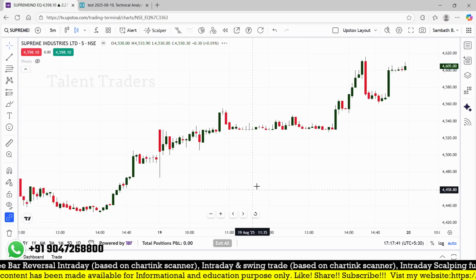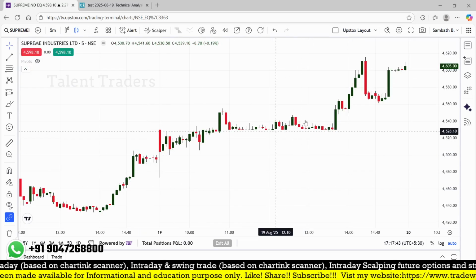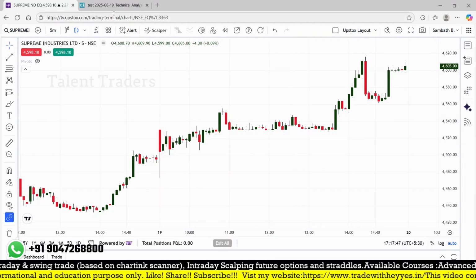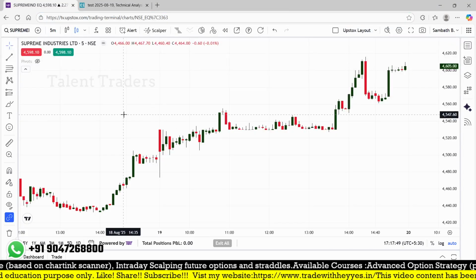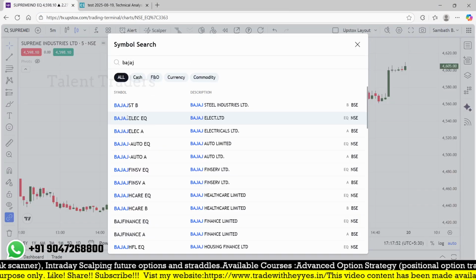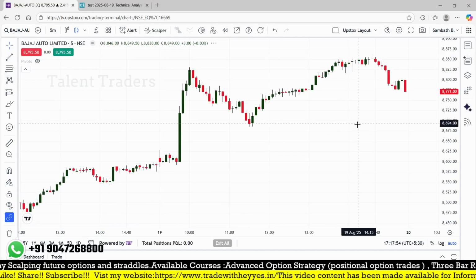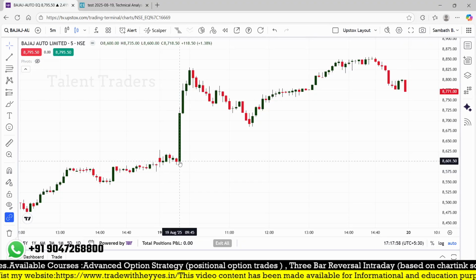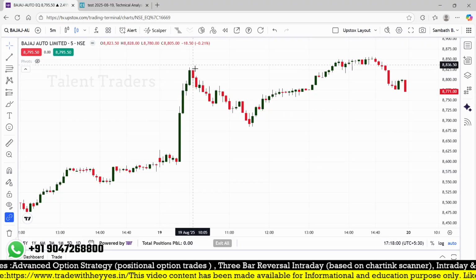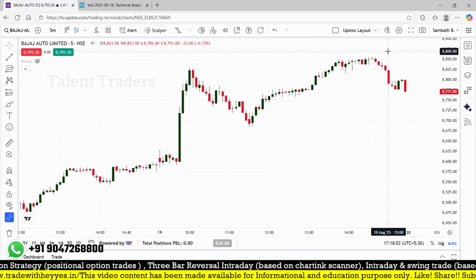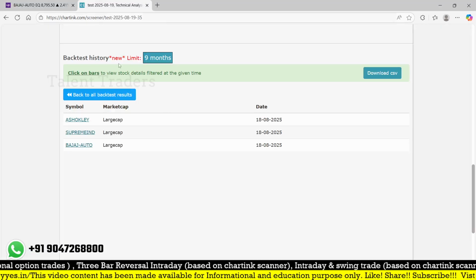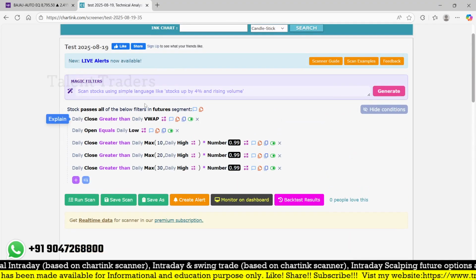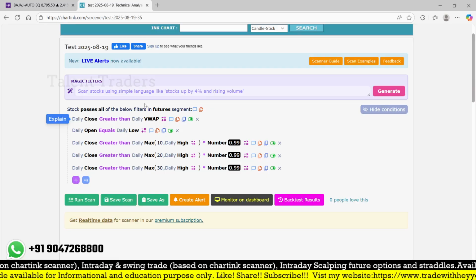One more, and today from the start itself it keeps moving higher, no problem on that. Okay, so Bajaj Auto. What is happening in Bajaj Auto? On the 19th, at the beginning and again around 9:45 there is a big move. After that a slight move down, and again it is closing positive. So these three are based on the condition which was satisfied yesterday, and those stocks we can track for